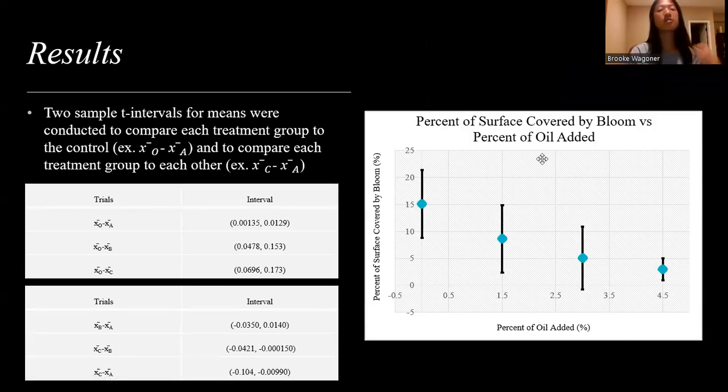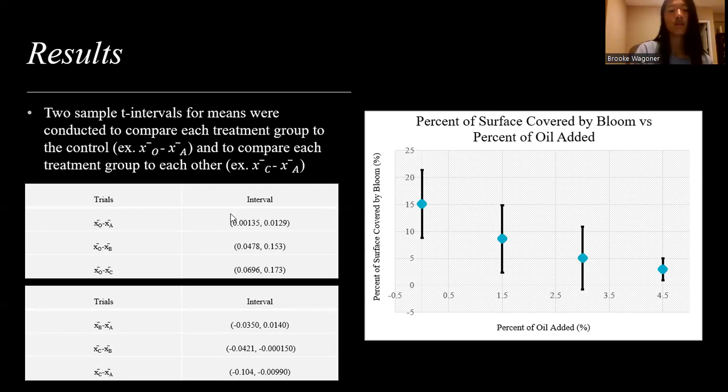So for statistical analysis, 2 sample t intervals for means were conducted to compare each treatment group to the control and to compare each treatment group to each other. The means of each treatment group were found across the 3 trials, and that can be seen in the graph here on the right. The blue dot is the mean, and the black bars are the standard deviation. As you can see, the means did decrease with the increase of oil added to the chocolate, but through the statistical analysis, it was found that